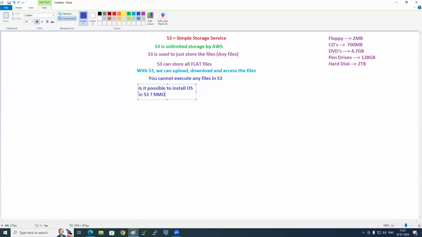Answer is no. Is it possible to install a database in S3? No. Is it possible to run .NET, Python, Java files in S3? Answer is no.